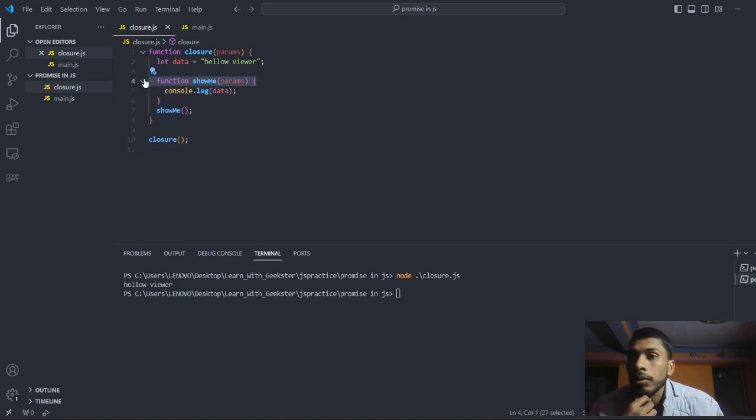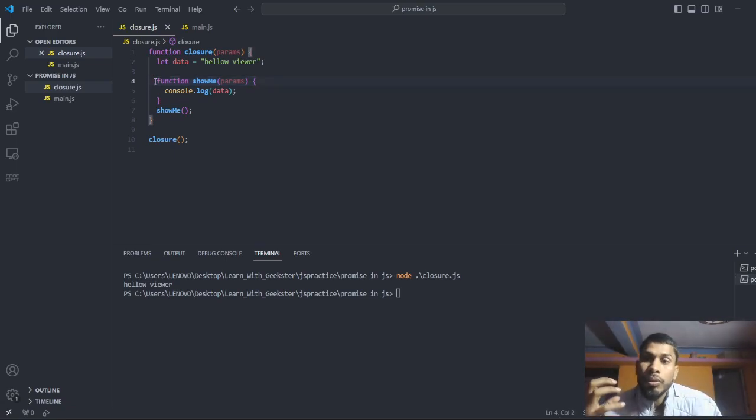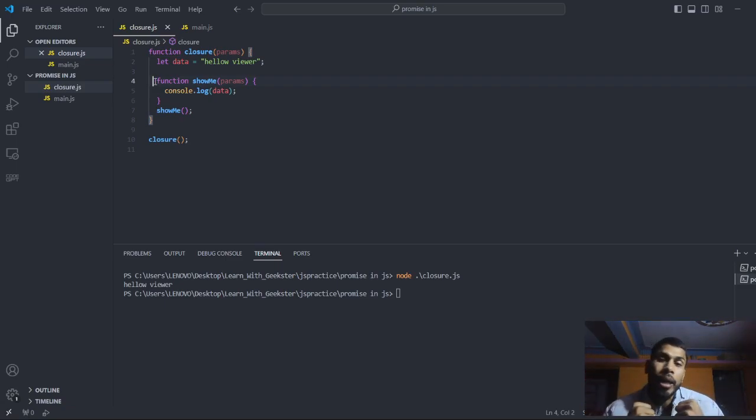So whenever a function has been created, at that particular time the closure is performed by default. That means whenever you create a function, it will automatically bind with its lexical scope, or I can say the parent's things are bound with the particular child.